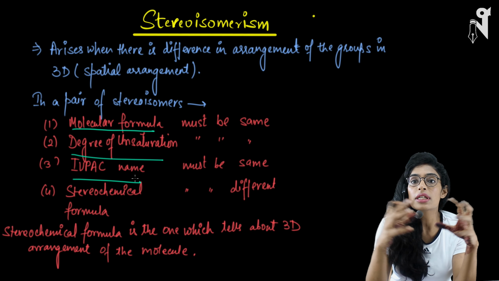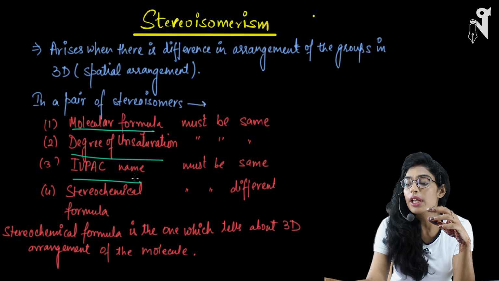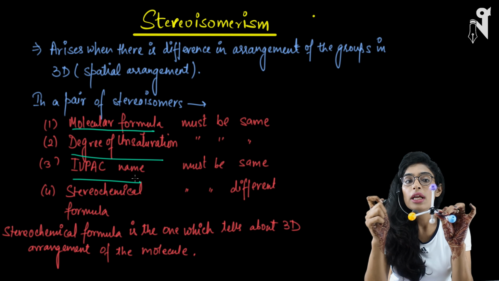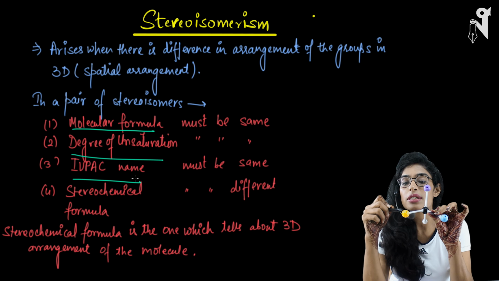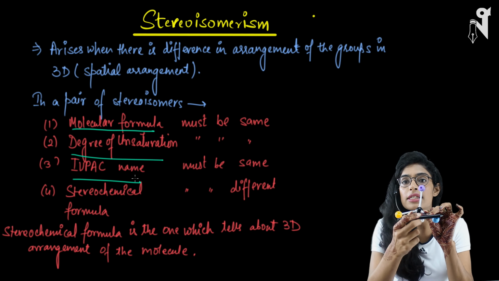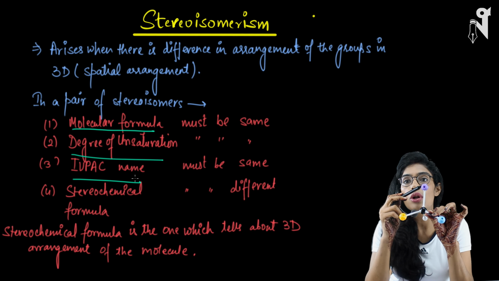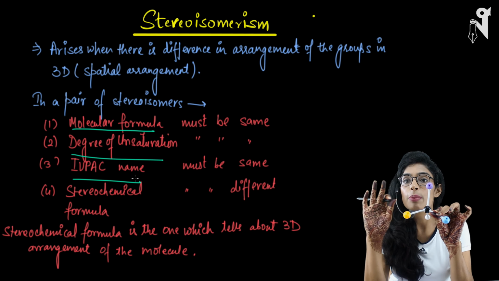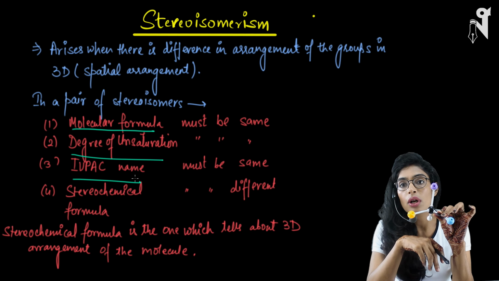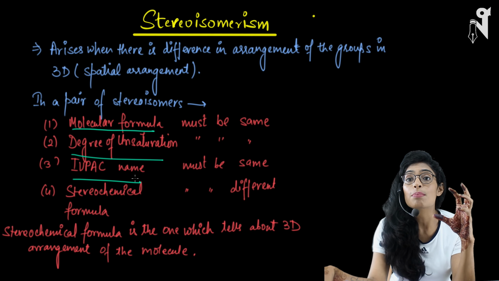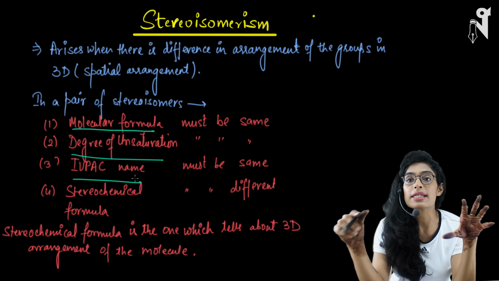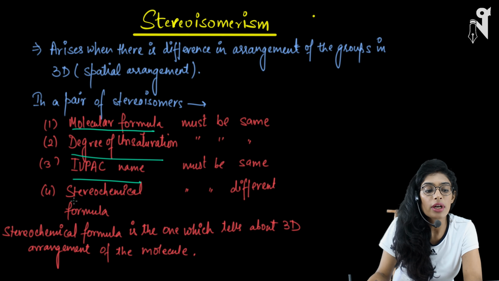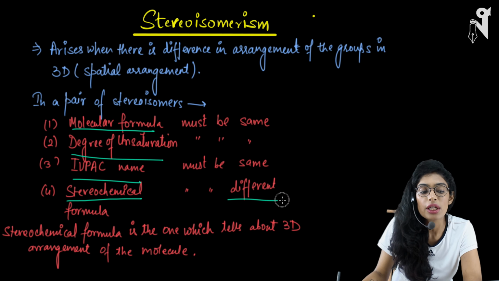It's like it will have two different types if you change the arrangement of the atoms, but the molecule will still remain the same. If it's an alcohol, let's say this is an alcoholic group, this is a C2H5 group, this is hydrogen, and this is CH3. I'm just moving this alcoholic group from here to here, and the C2H5 group from here to here. The molecule is still going to remain an alcohol, and the name is going to remain exactly the same. Only the arrangement is going to change, so we call it the stereochemical formula changing.